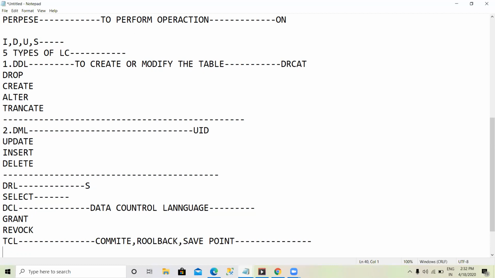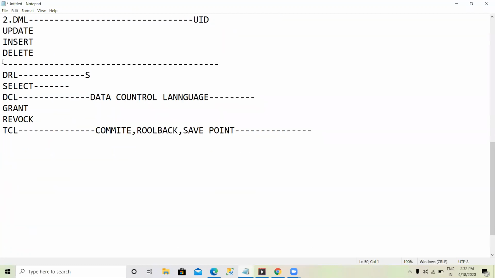Let us discuss in detail about DDL, data definition language. I already said DDL commands are used to create a table or modify the table data. It is used to create, drop or alter; the modifications are made on the table.